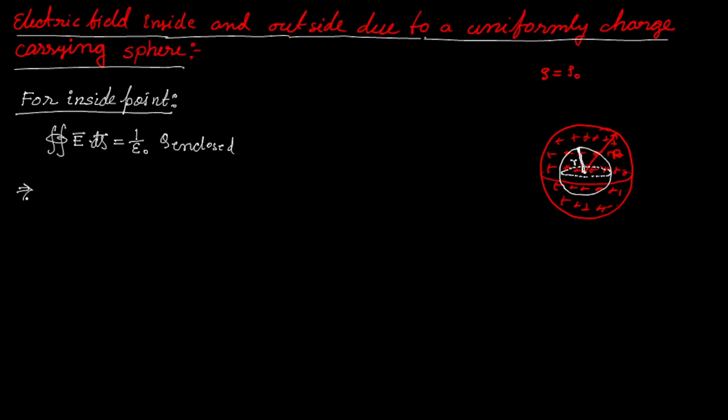And then, immediately, the next step: since the given charge distribution has spherical symmetry, we'll simply replace this integration with E into 4 pi r square. But this is only for spherically symmetric charge distributions. Later, maybe next class, we'll talk about cylindrical symmetric and then plane symmetric. For different cases we have to replace this integration with a different value. So for spherical symmetry, we'll always replace this with E into 4 pi r square, where r is the radius of the Gaussian surface. This equals what we have to calculate on the right side,